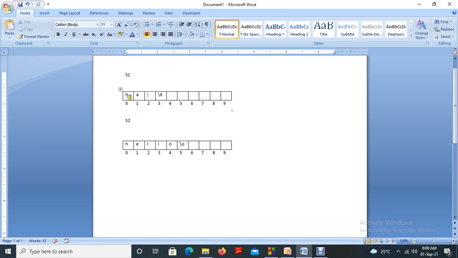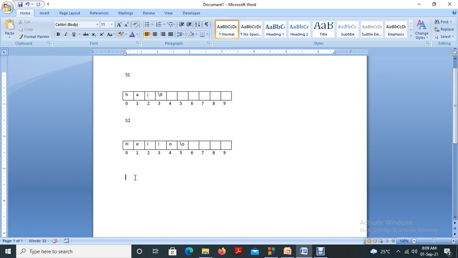So to verify whether the strings are equal, we have to check whether the lengths of the strings are equal. If the lengths are different, we can directly say that both the strings are not equal. Am I right?